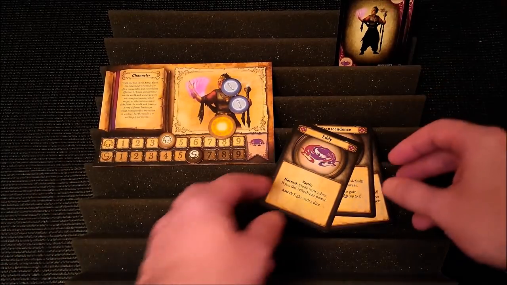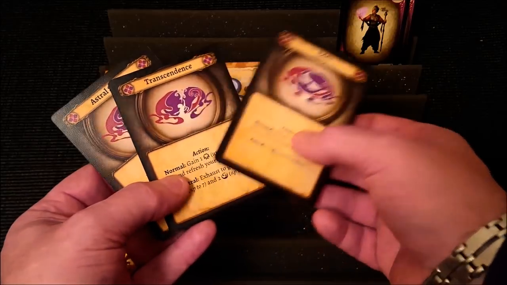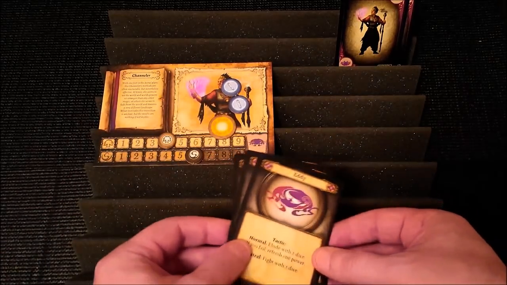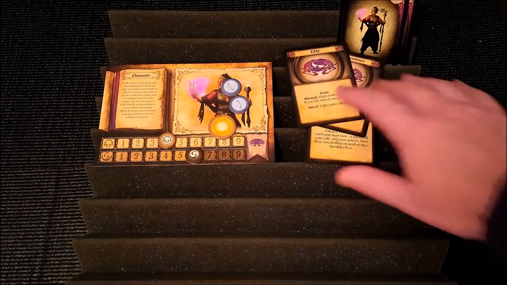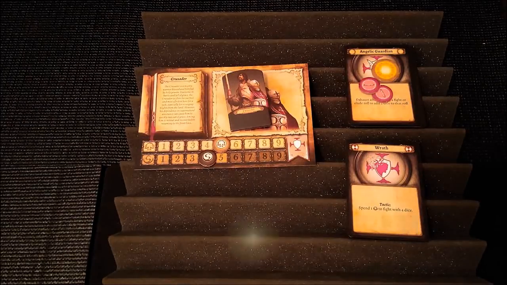We'll put those up there. These are the starting powers that she's going to use. So she's going to use Eddie, Transcendence and Astral Surge, and that is the Channeller. So what we'll do next is we will go to our next hero,